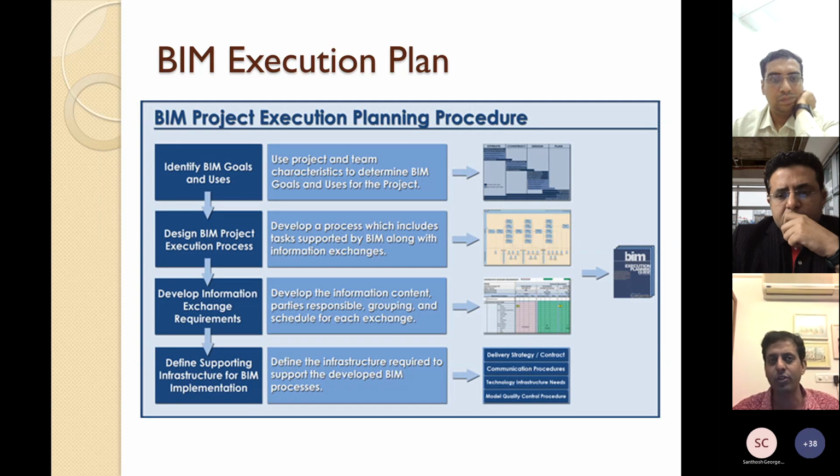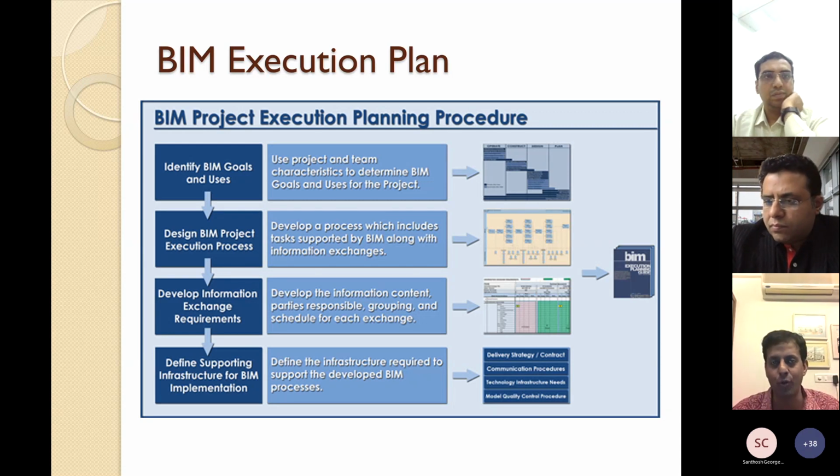So I think these are a few things that need to be done for adoption to happen, because it is very clear that adoption does not happen automatically. It's not a question of purchasing the software. It's more a question of setting up the processes that allow you to leverage that software.